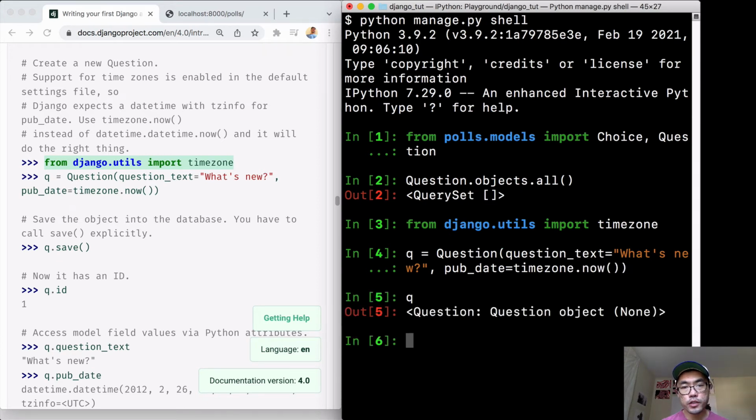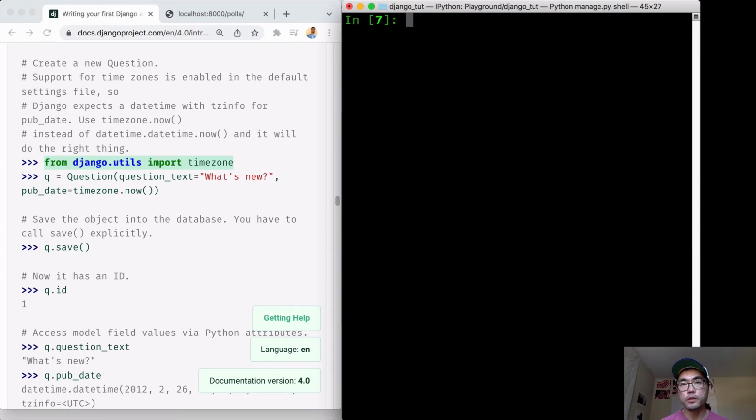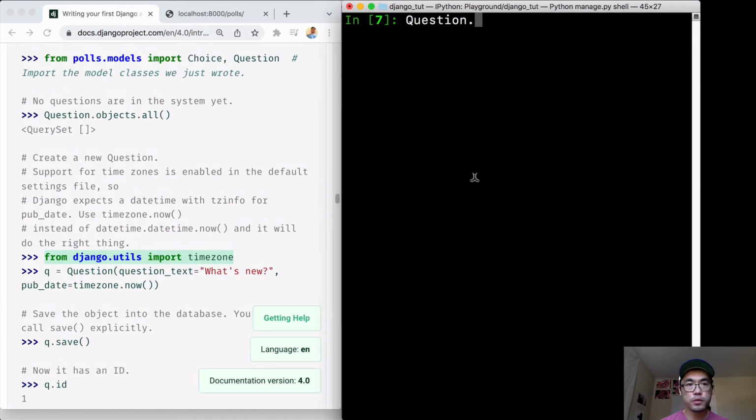And then I have a question object now. That's a representation of the question object, and we're gonna save it, and presumably now it's in the database. And if I go Question.objects.all,